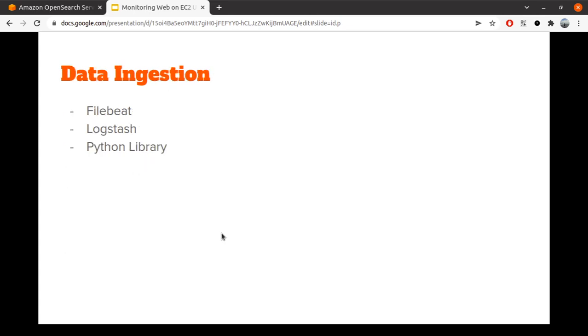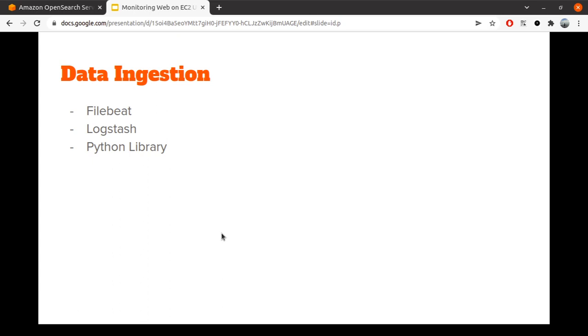Okay, so this is the example of the data ingestion tools that you can use. The first one is Filebeat. You can try to explore this one. The functionality is quite similar to Logstash, but the feature is simpler than Logstash, because there is no processing before sending the data to the open source. And then there is Logstash.